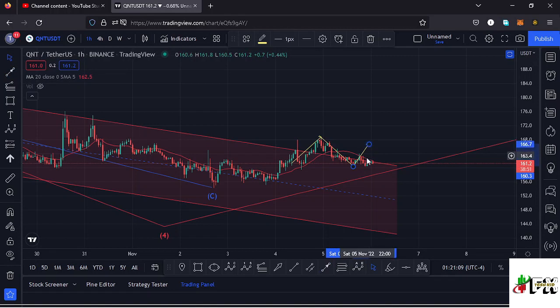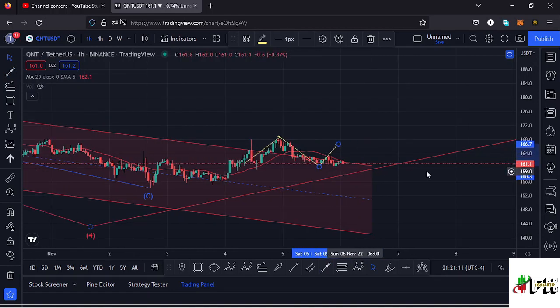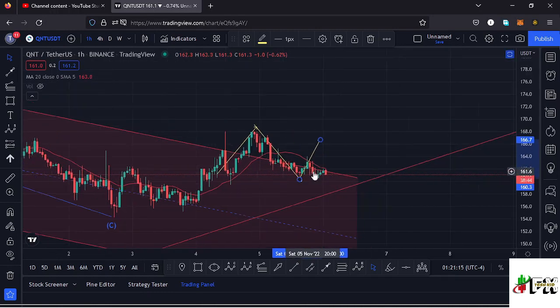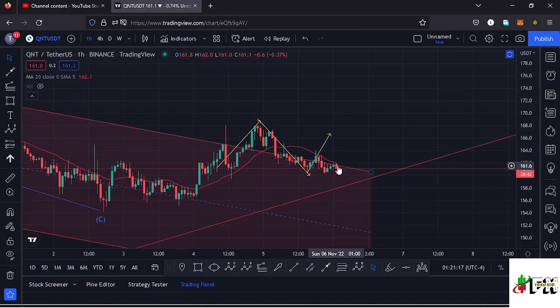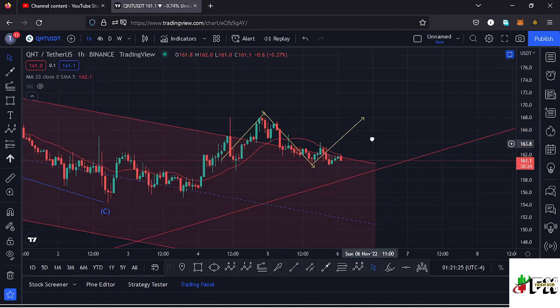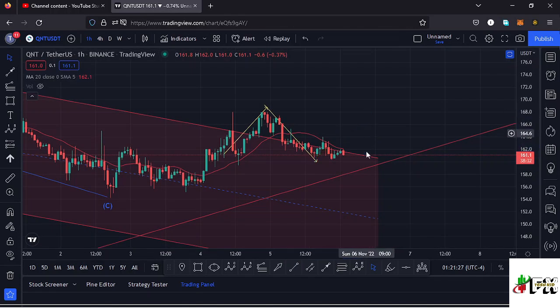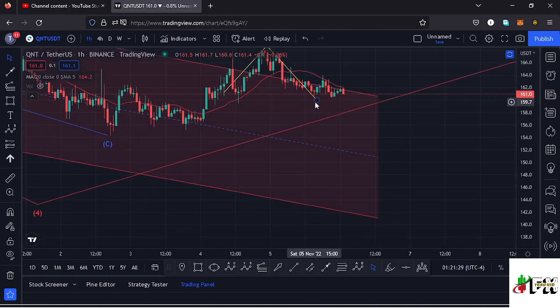And for that to also happen, we also need to be able to break above the 20-day MA, because from what you can see here on the 1 hour chart, we are trading below the 20-day MA, and once we manage to break above it, it will be giving us support, and there is potential for us to continue pushing higher. And in case that doesn't play out, there is a possibility that Quant might continue trading within the channel to the lower side,